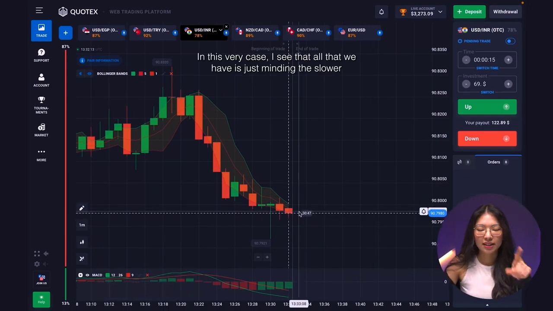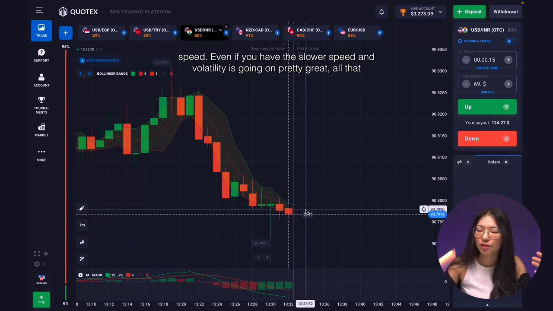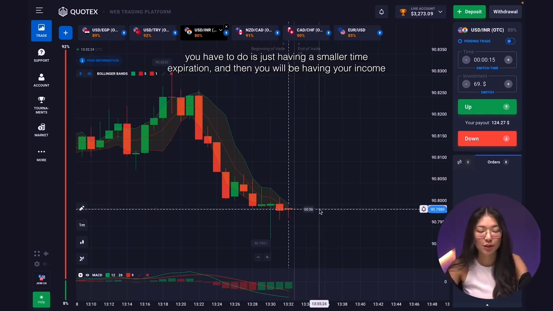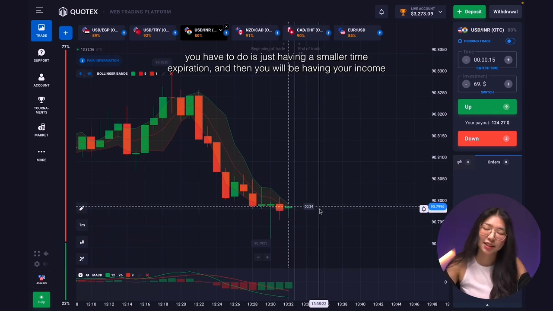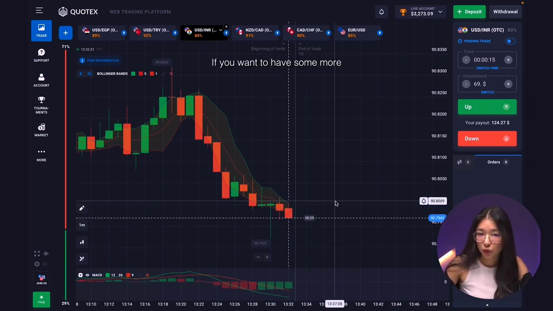So all went great. In this rare case, I see that all that we have is just minding the slower speed. Even if you have slower speed and volatility, it's going pretty great. So all that you have to do is just have a smaller time expiration, and then you will have your income. So also, if you want to know more,